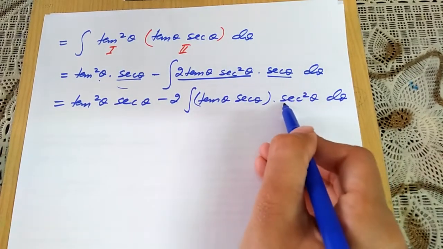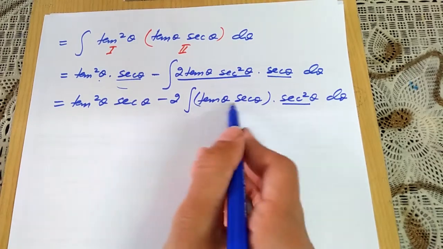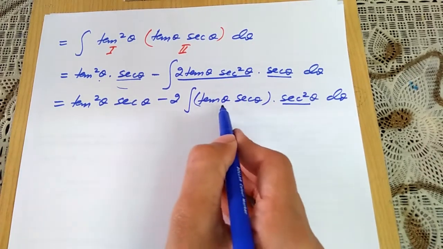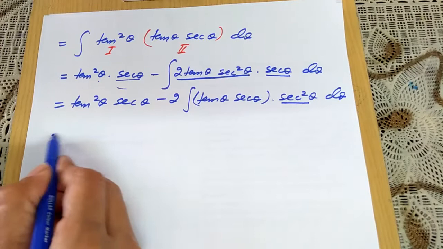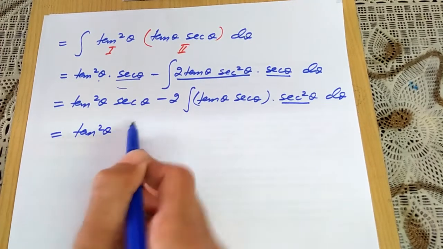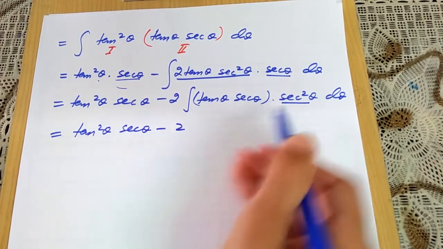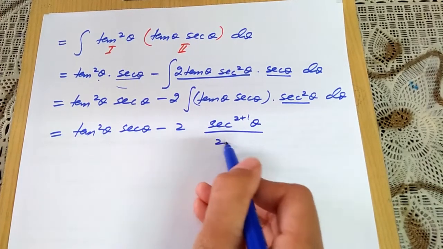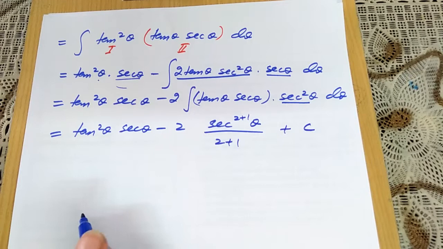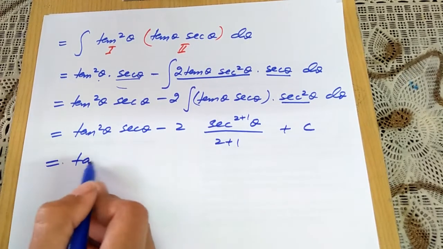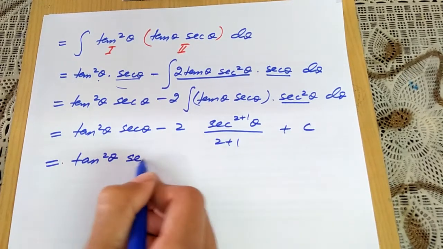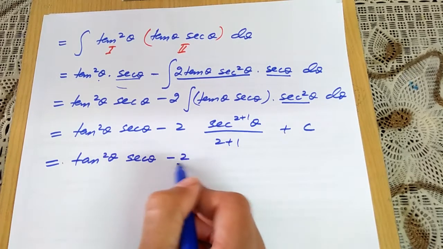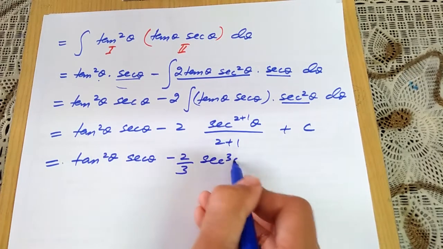Now you see the derivative of secant theta is present here. The derivative of secant theta is tangent theta secant theta. So we can easily integrate it: the power plus 1 divided by that power, plus the constant of integration. So I will get here tangent square of theta secant theta minus 2 over 3 secant cube of theta